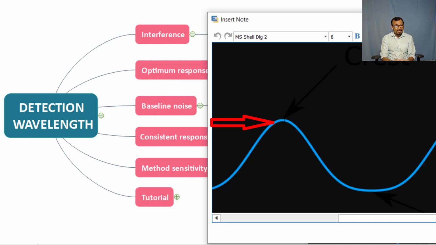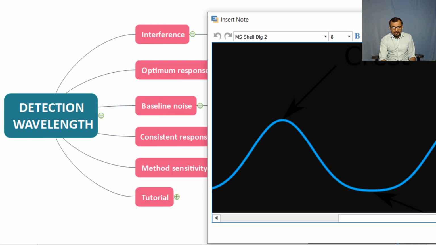And hence it is very important that one must understand how to minimize the variation in the response due to slight variation of the emitted wavelength because of the source error or the wavelength accuracy. If your HPLC light source does not have stringent wavelength accuracy, you may have to think about what is the right wavelength for the detection, so that you will not end up getting a lot of variation because of slight variation in the wavelength.